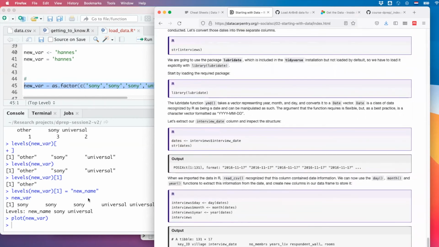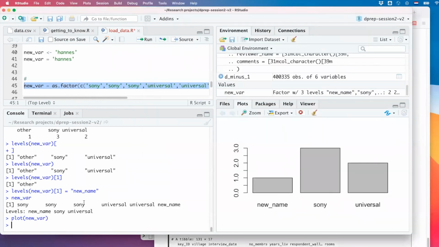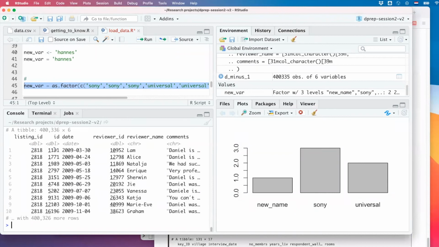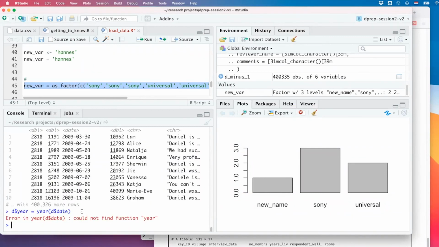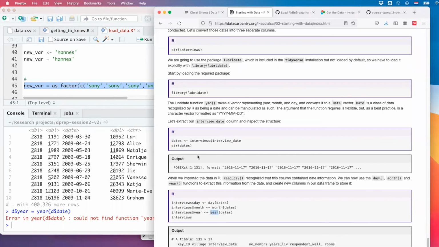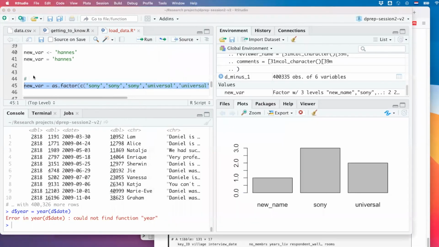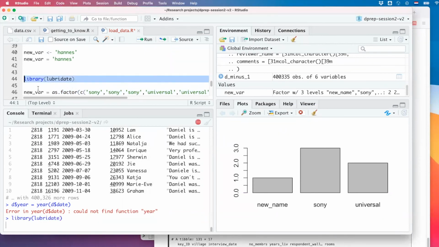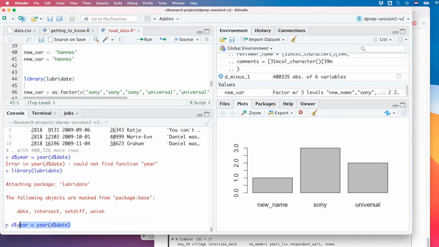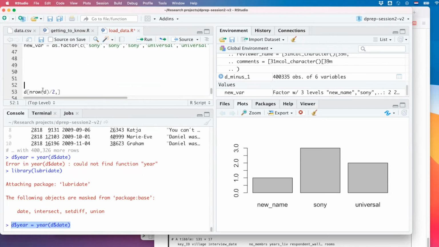You can do calculations with dates, right? We got dates here. Let me check that out. D, it has already recognized this is a date format. And I think you can add new data to this table, saying D year is year of the dates, sorry for that, is year D date. I could not find the function yet, so I think we have to import this lubridate function. And we can add a data enrichment to our data set.